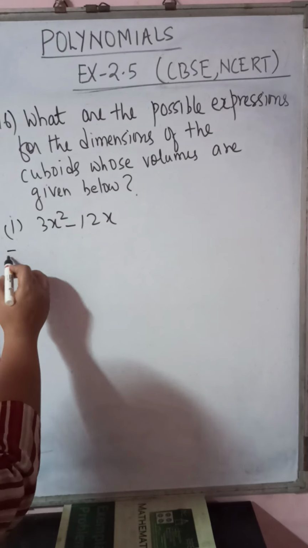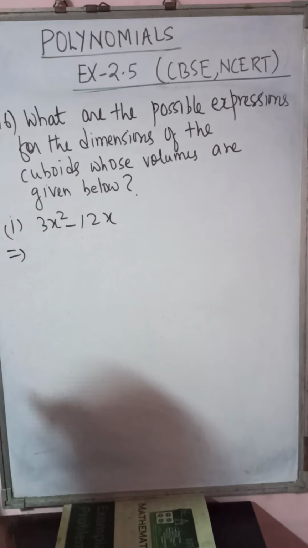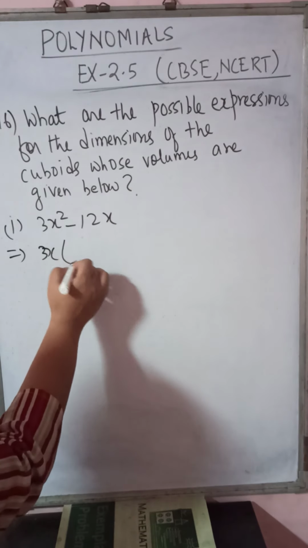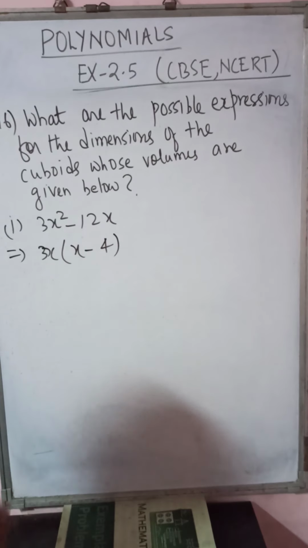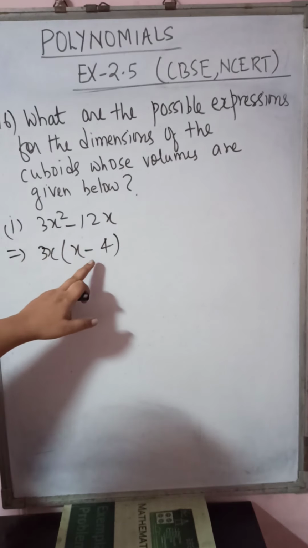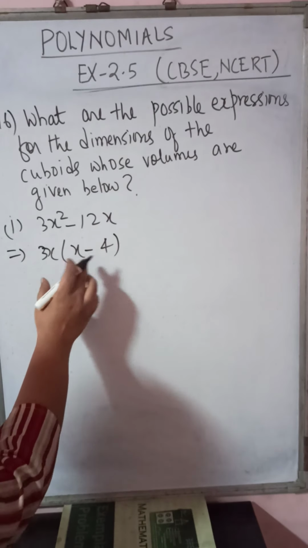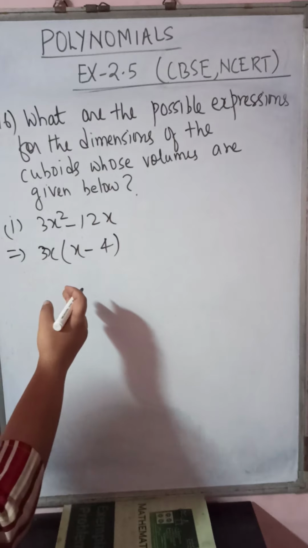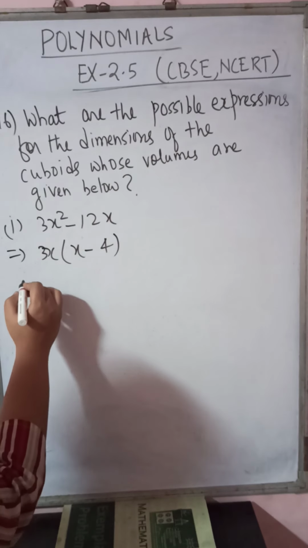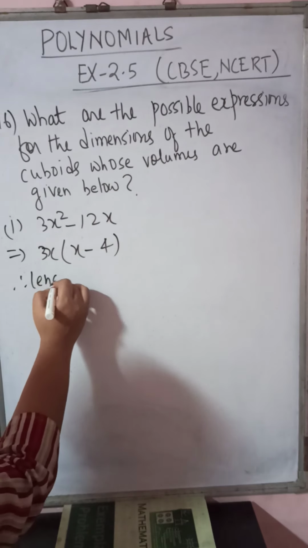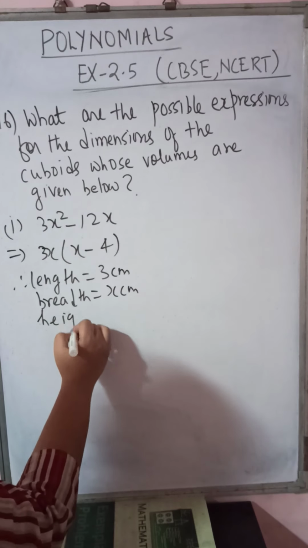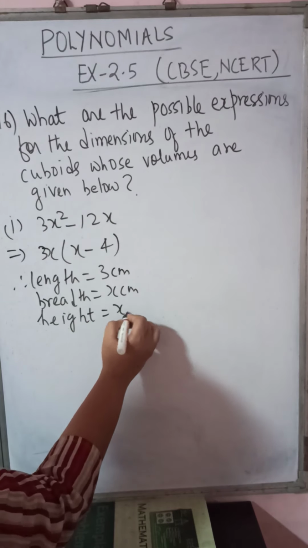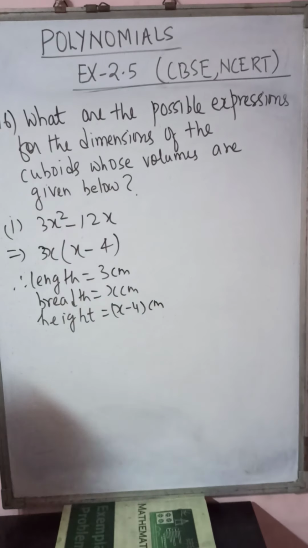So here we can factorize this by finding out common. 3x square minus 12x. So what is most common? 3x. So what you'll get? x minus 4. So 3x into x, 3x square, minus 3 4s are 12. Okay. So now we got the factors. This is done. Now you cannot further factorize it. Now put comma. Therefore length is equal to 3, you can put any unit, 3 centimeter. Breadth x and height x minus 4 centimeter. Okay, done. So this question is done.